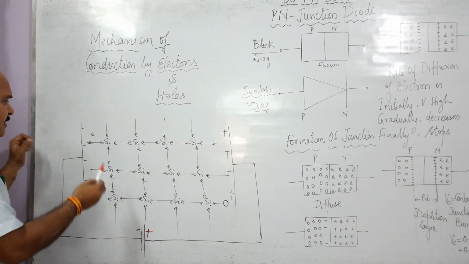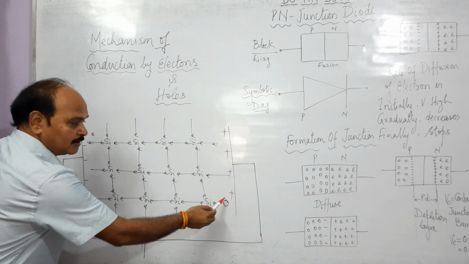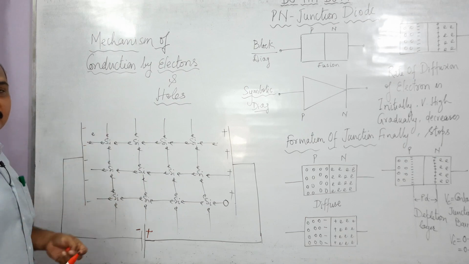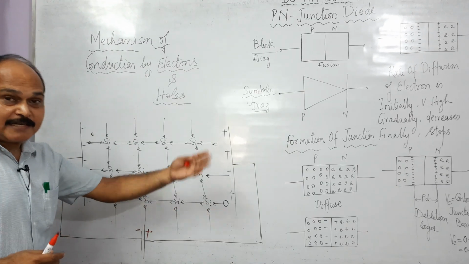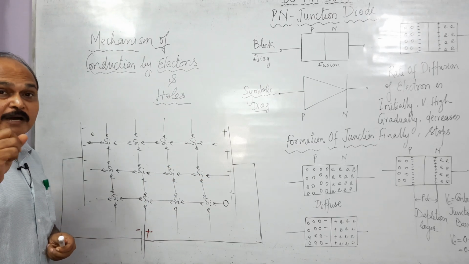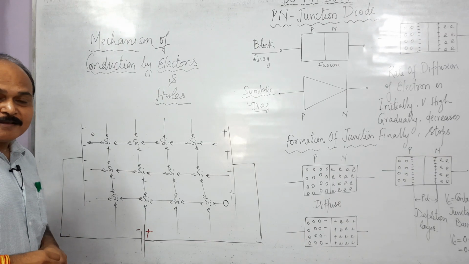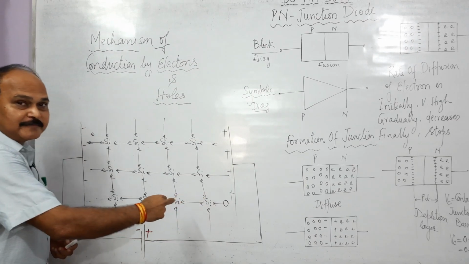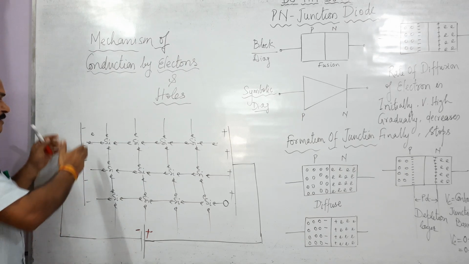Let us say this is a free electron in this semiconductor, and we have a hole here. With the help of this electron, we'll understand the mechanism of conduction by electron, and with the help of this hole, we'll understand how holes help in conduction. And remember, holes are the majority charge carriers in P type materials, and the conduction is going to be there with the help of holes only. So this is something very, very interesting. Well, how do electrons help in conduction? See, this is a free electron.